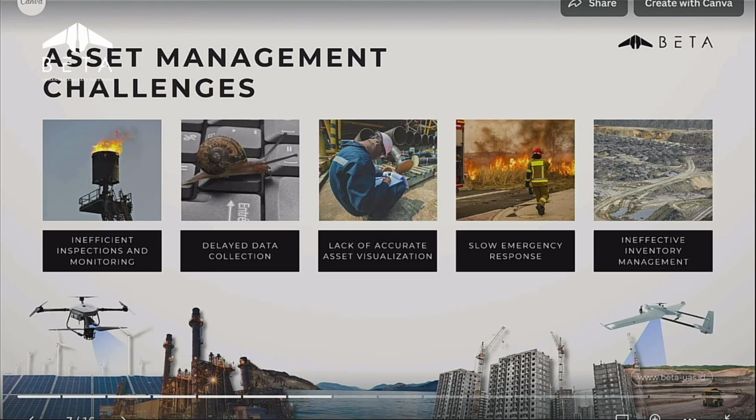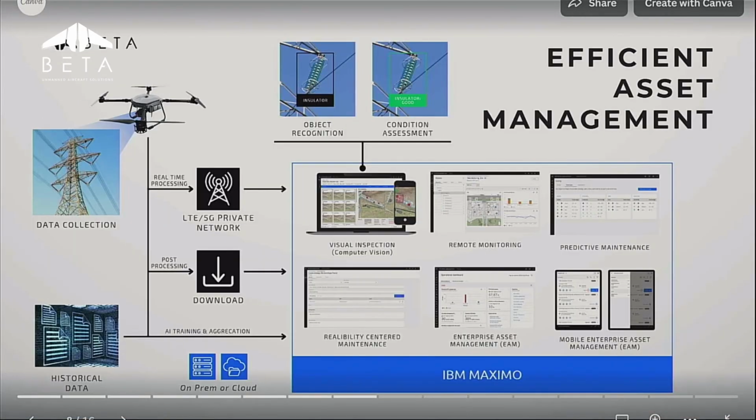So these are some challenges for asset management in big industries like mining and oil and gas. I think Amtis has already mentioned some of the problems before. Can you imagine in big industries like mining, they need to cover big areas and so many assets to inspect, and a single failure can result in billions of rupiah of loss. So using our drones that can operate fully autonomously, we just need to